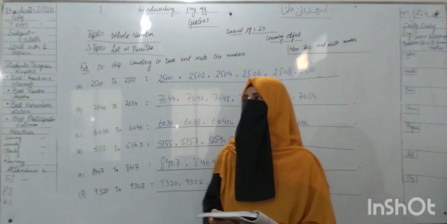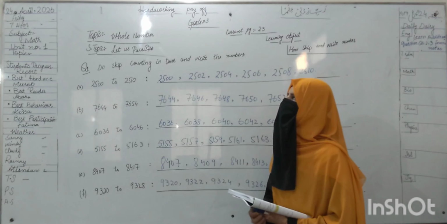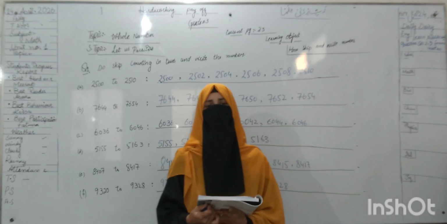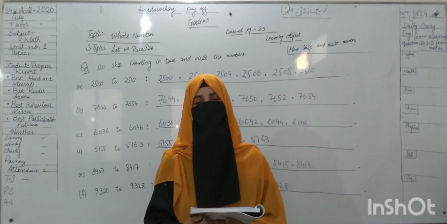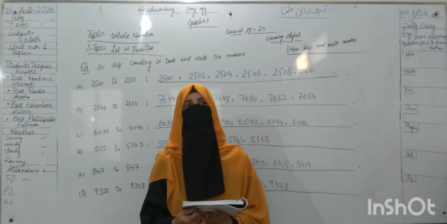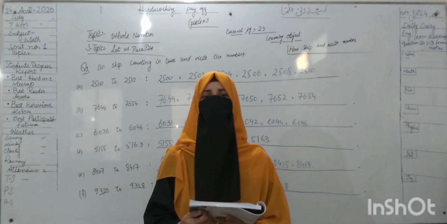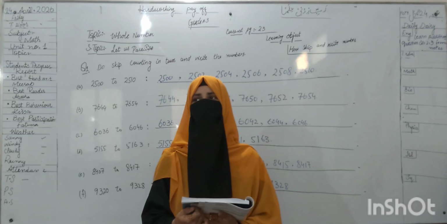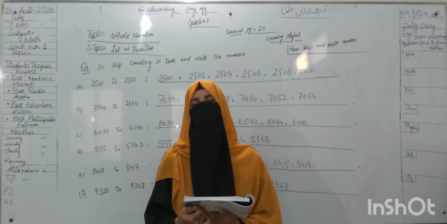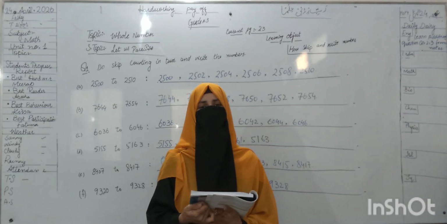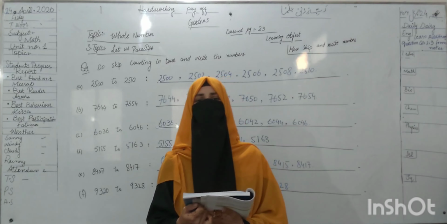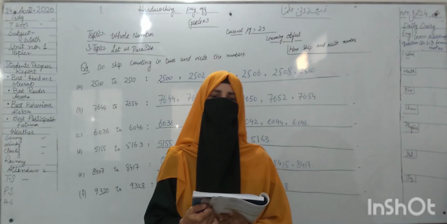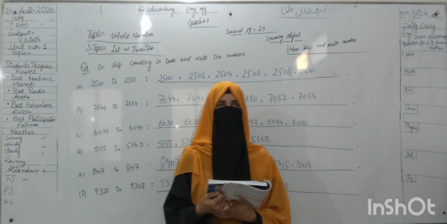So students, now we have to do Unit 1, Whole Numbers. In the last lecture we learned how to present a number on a number line. You have to make your line according to the number line. Like that, you have to present your number 5, 6. So you take the number 6. You have to draw a line from 0 to 6, or 0 to 10, and at the point of 6 you present your number on your number line.